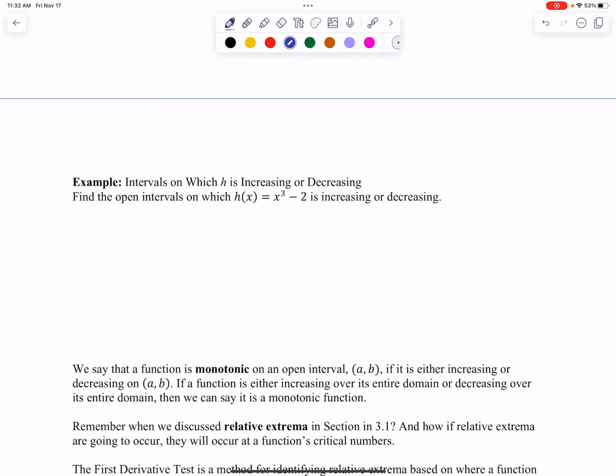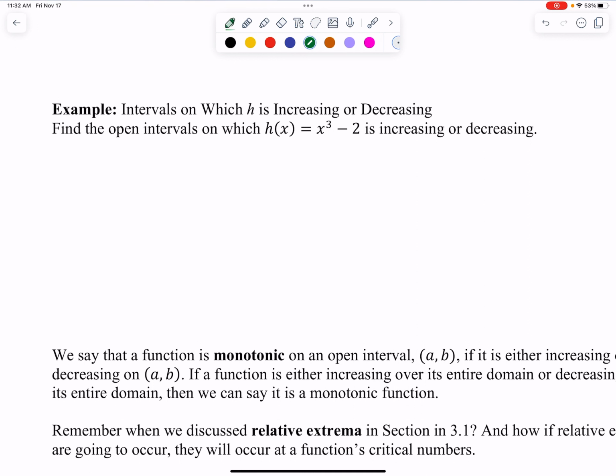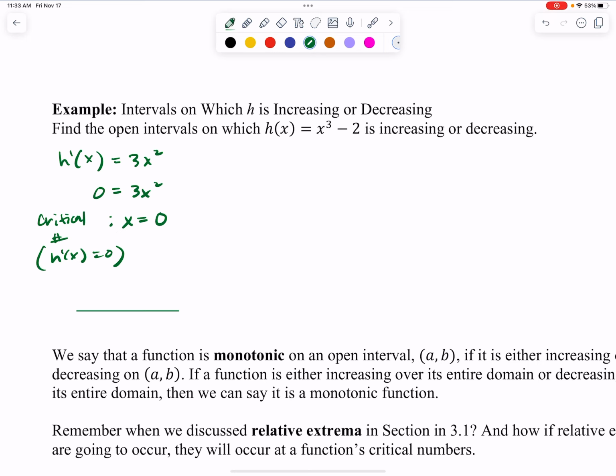And then next question, also asking about where this polynomial is increasing or decreasing. So we go to find h prime and get 3x squared. And then if we think about setting that equal to 0, well, the only solution would be x equals 0. So that's our only critical number, based on where h prime would be equal to 0. So if we put that value on the analysis line for h prime,